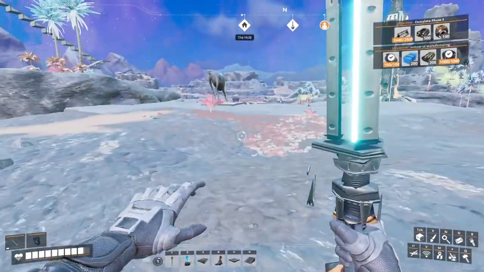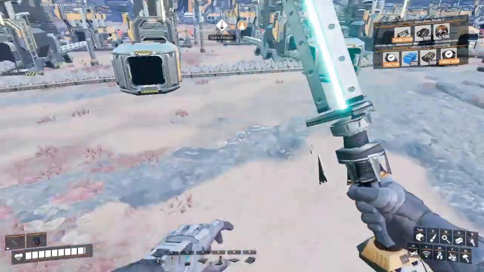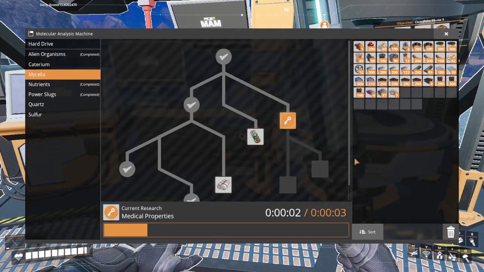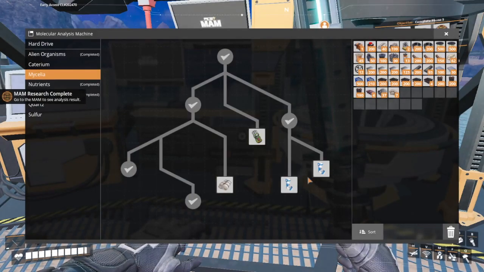I think those other two parts require some more complex parts. Yeah, they're multi-part, and I think they need steel. Getting so much research done. I'm gonna need more mycelia. We'll get this one complete, and that gives us...